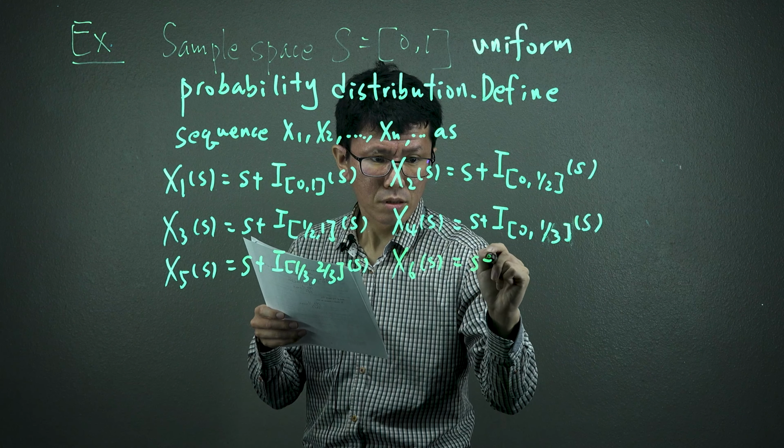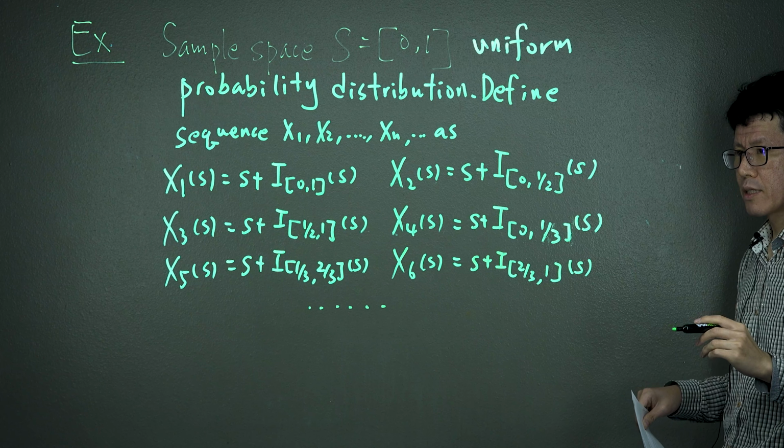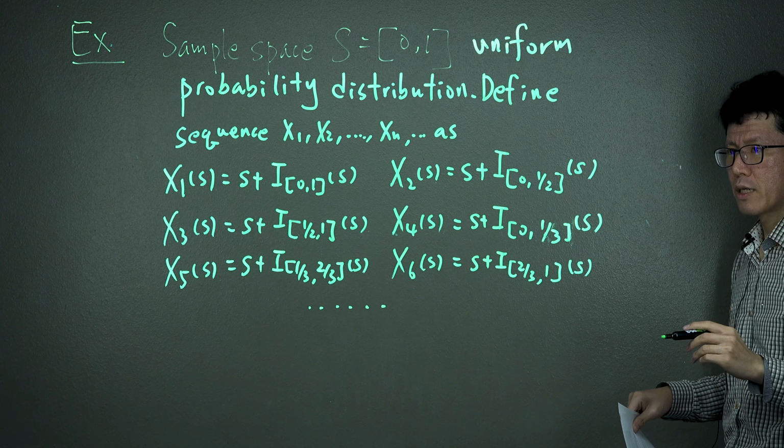So we have a sequence where X1(s) is s plus the indicator of 0 to 1 of s, and